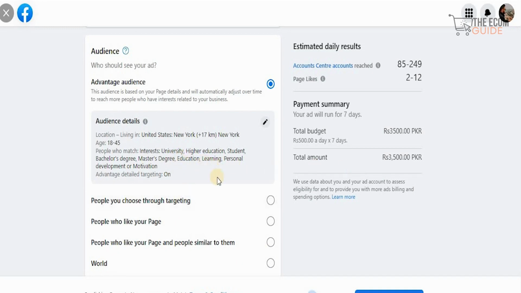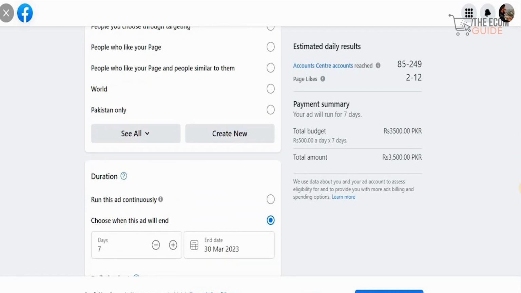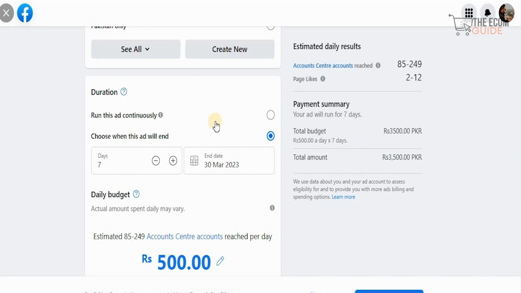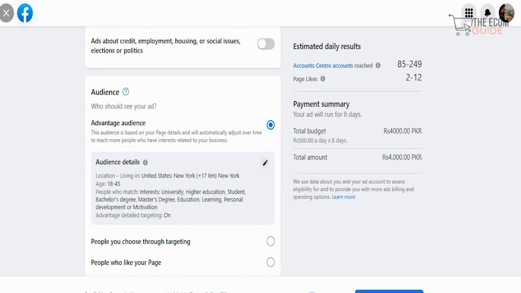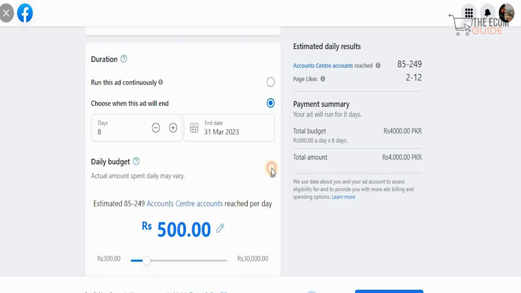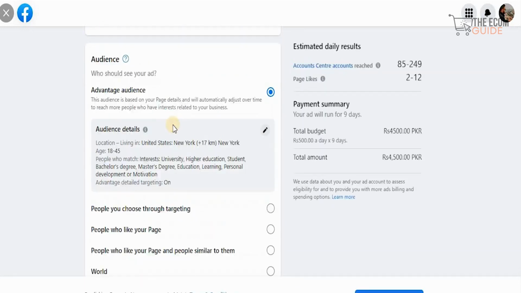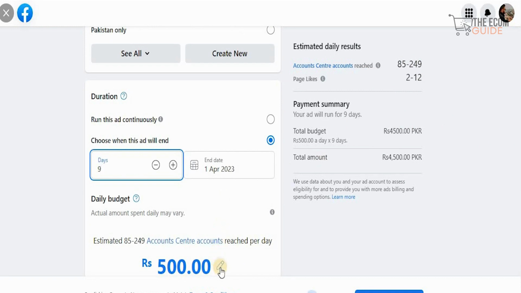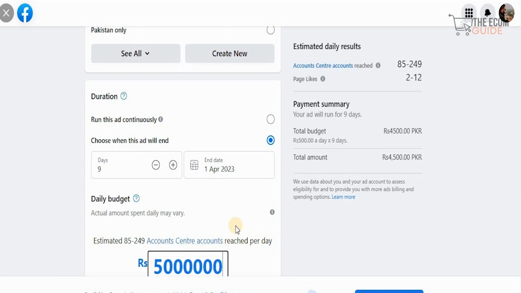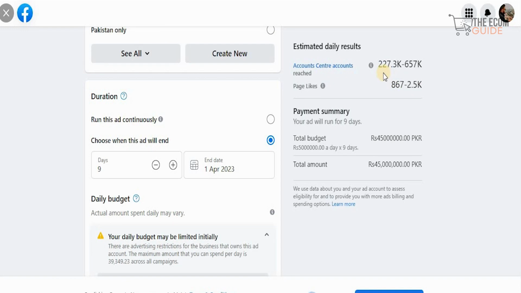We want people with interest in higher education, loans, development. So this is a target audience they're focusing on. After we've done that, we're going to go and check the duration of how long we want to run it. We can run it for as many days as we want. Now, the more we increase the number of days, the budget is going to increase as well. And that is something I want to show you guys on the right side over here. We will get the estimated results that are going to be given over here. So if we increase the price margin over here, so let's say we're going to go for 500,000. So as we do that, we're going to see that the actual element over here increases